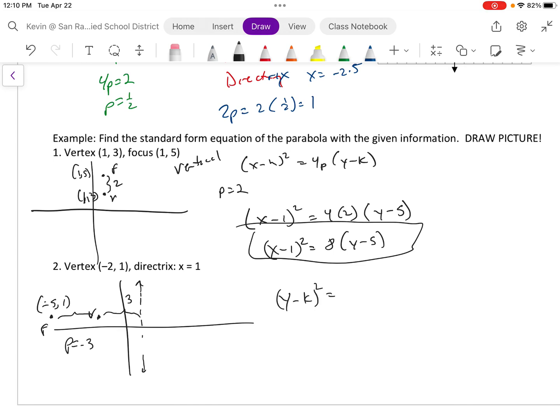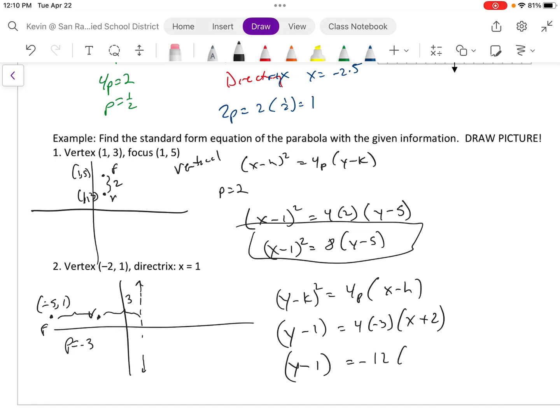Okay, so this is going to be opening left. It's going to be y minus k squared equals 4p x minus h. So we have y, my vertex, y minus 1 squared equals 4 times negative 3 times x plus 2. So y minus 1